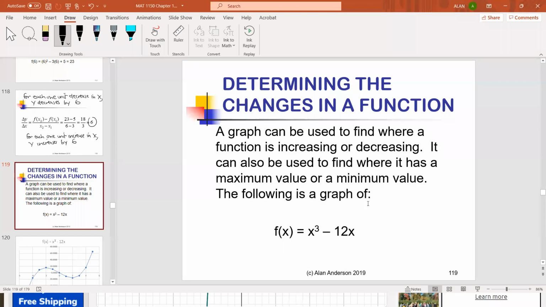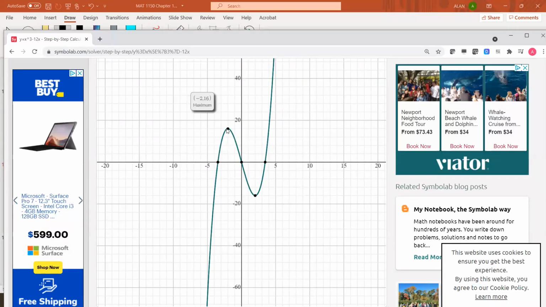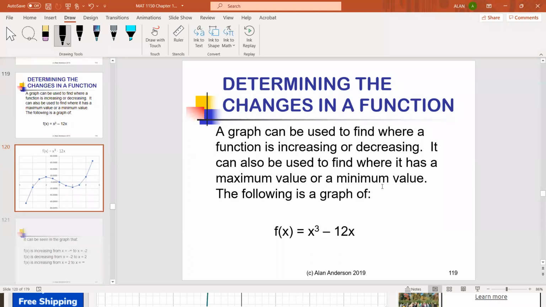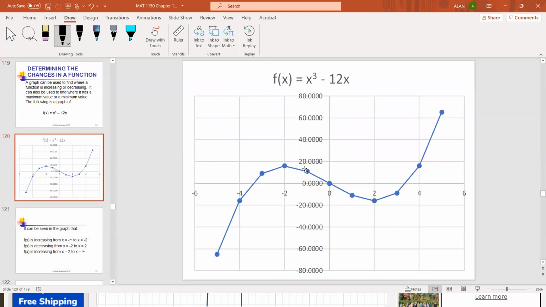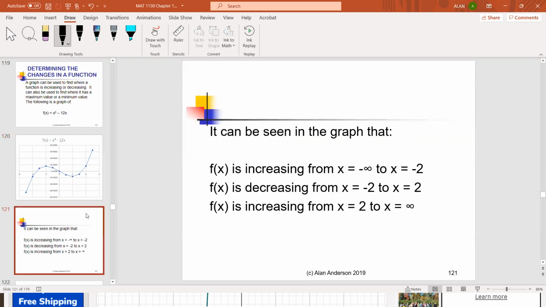But what we want to know is how to identify where it changes sign. So this is what Excel shows it as. You can still see what it's doing. It's maybe not as cool as this, but you can still see the important details. So in other words, over the range from -infinity